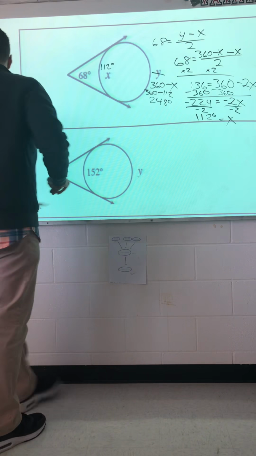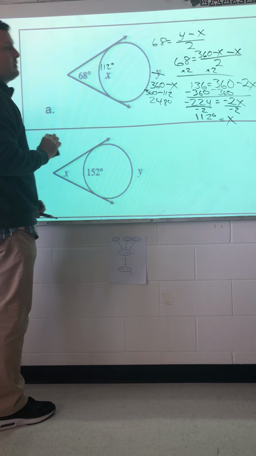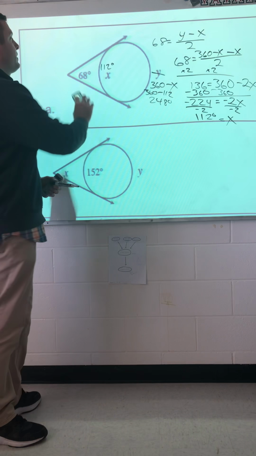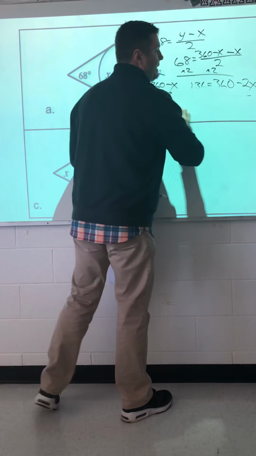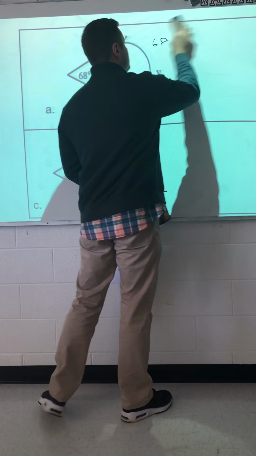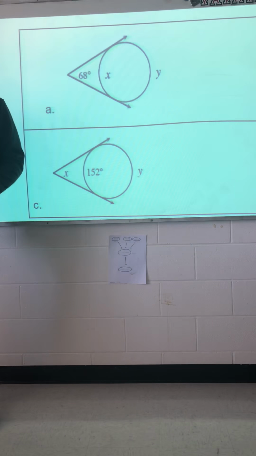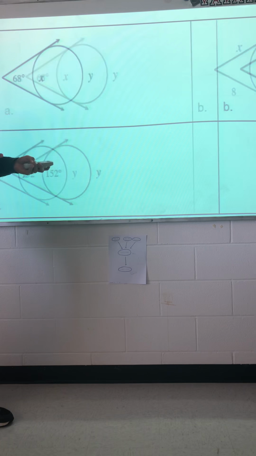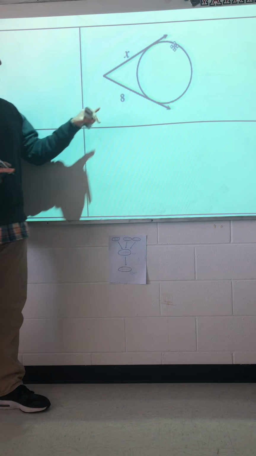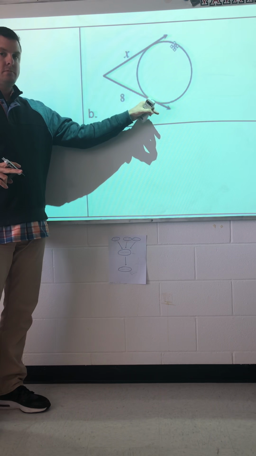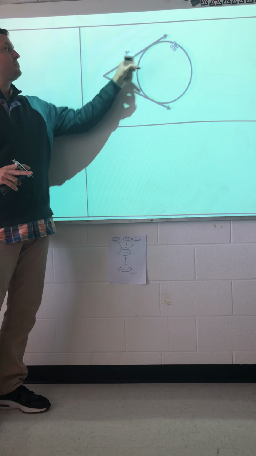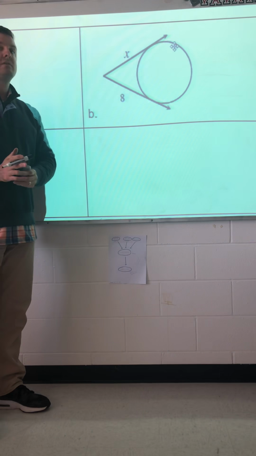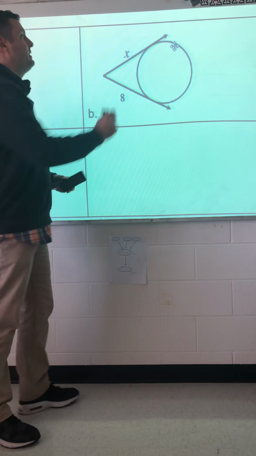Okay. And then just to quickly finish up here, we're going to go over there and look at example B. This is just a good reminder. We're talking about tangents with a circle. When you have a tangent to a circle and another tangent to the circle that starts on the other side, those lengths are always, always, always going to be